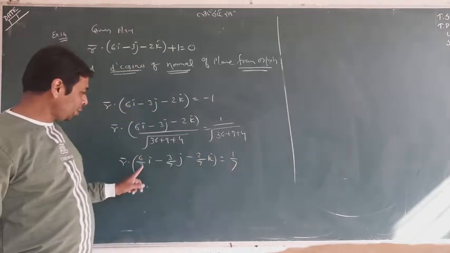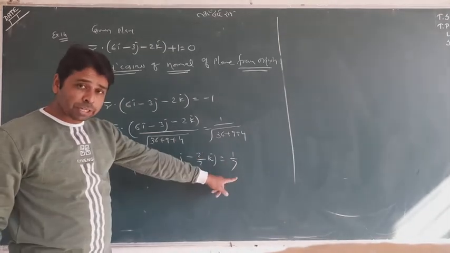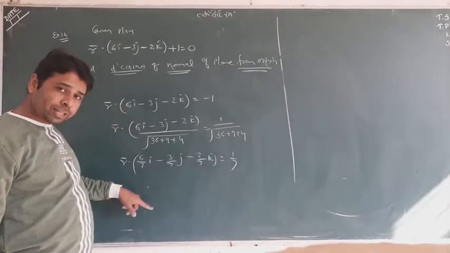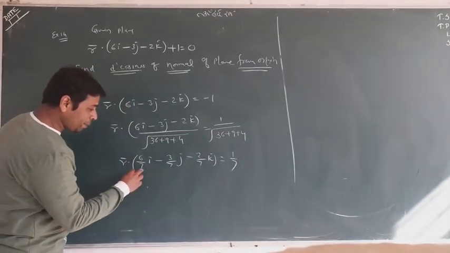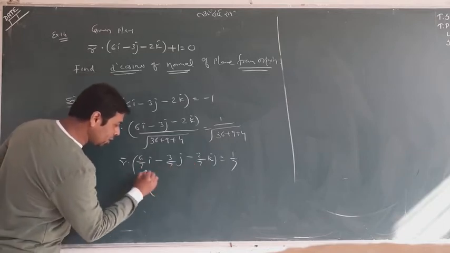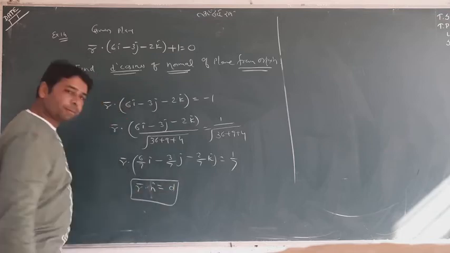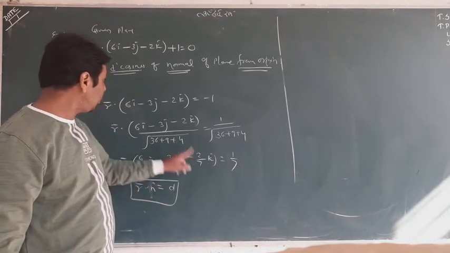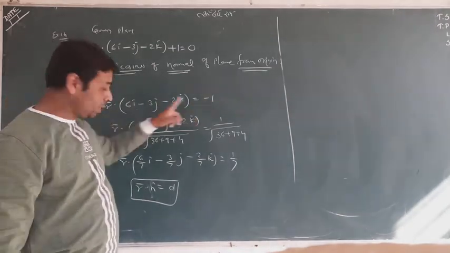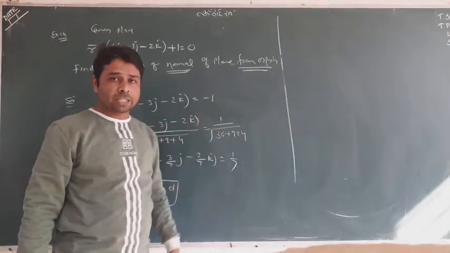Now this is going to be r dot n cap equal to d. This was your n, and this is your n cap. Now, can you compare? This is L, M, N, and r dot n cap equals d. This is your L, M, N, and this is your A, B, C. Why? Because it was r dot n equal to d, and now it is r dot n cap equal to d. You have converted that; you already saw it right here.